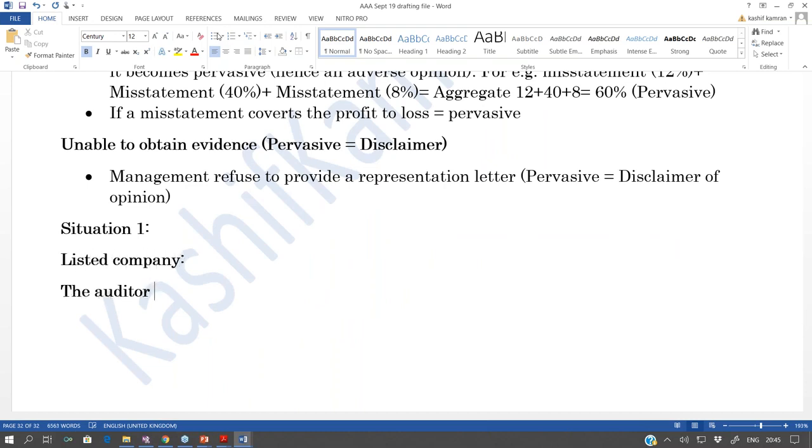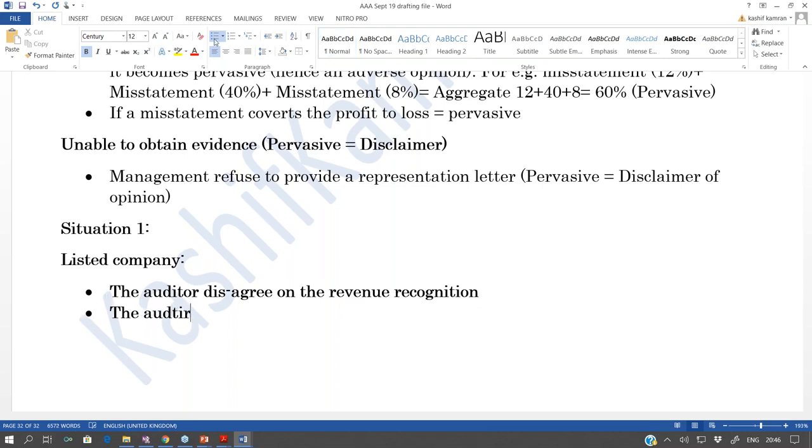The auditor disagrees on revenue recognition. Number 1. And number 2, the auditor